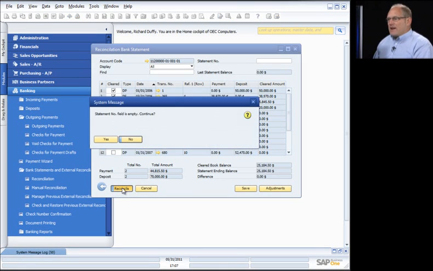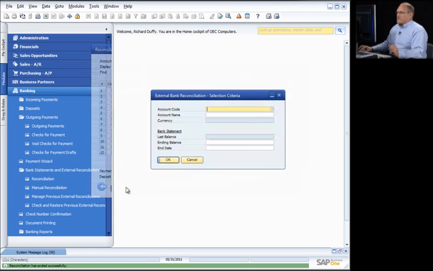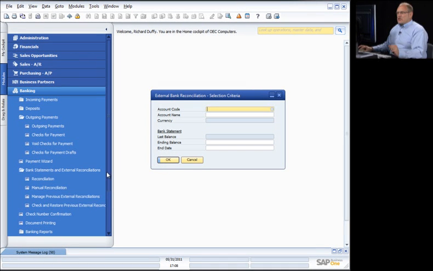So I can now hit the reconcile button. It's just giving me a prompt that the statement number field is empty. I do want to go in and put in a statement page number. I'll hit reconcile again, and that's now done. My reconciliation has ended successfully. So that's the reconciliation process. Now I'm also able to go in and print a number of different documents off the reconciliation that I've done. I'm also able to call up that reconciliation again if I want to. But for now,